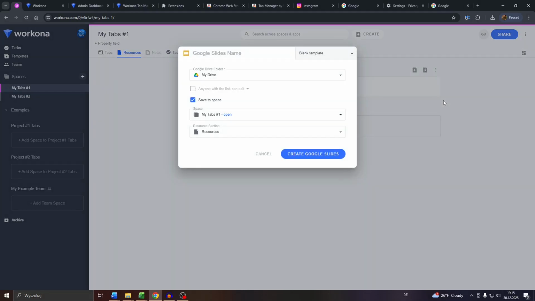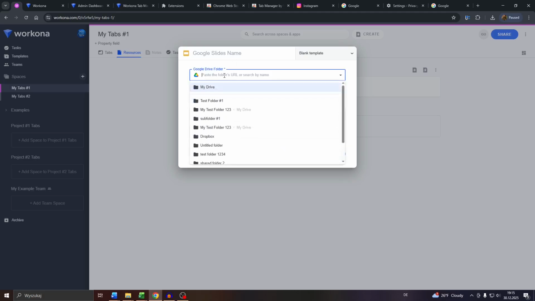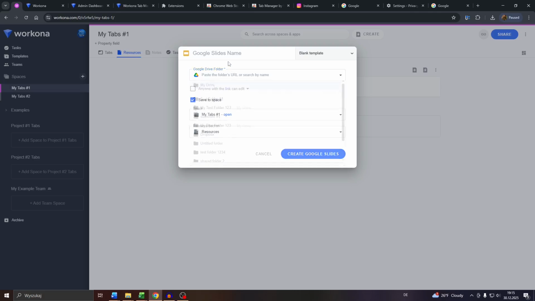After that, you'll be redirected to your associated Google Drive account. What you want to do is simply locate the given file in that folder. For example, you can narrow down your search inside your Google Drive. And that's basically it. Below you can assign a space, the resource section,